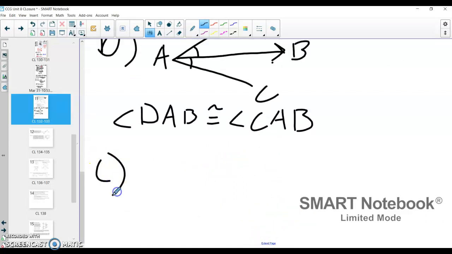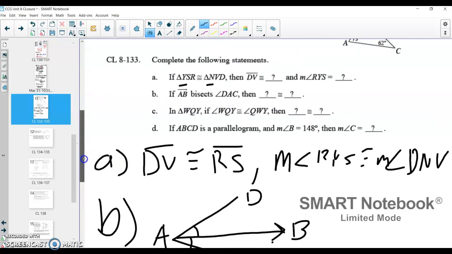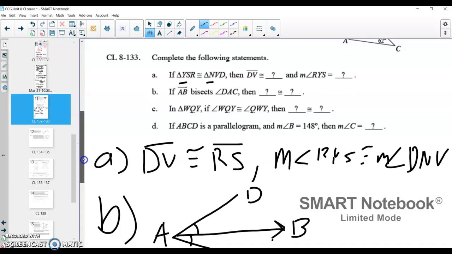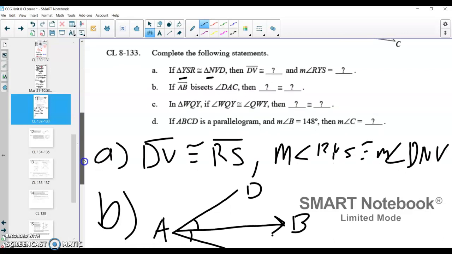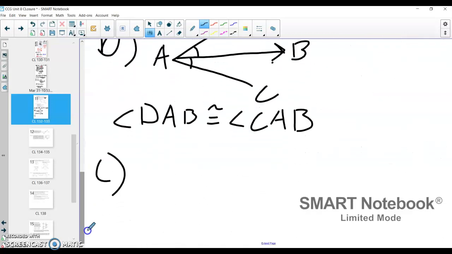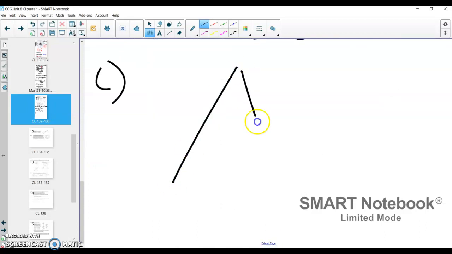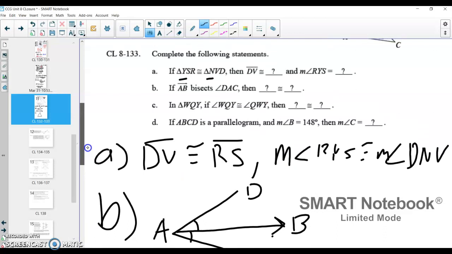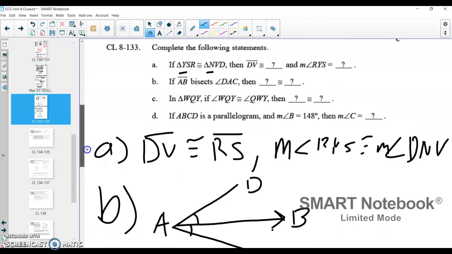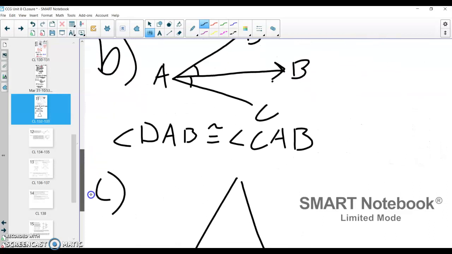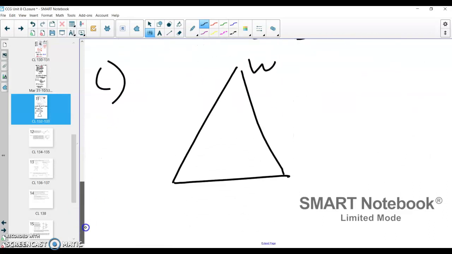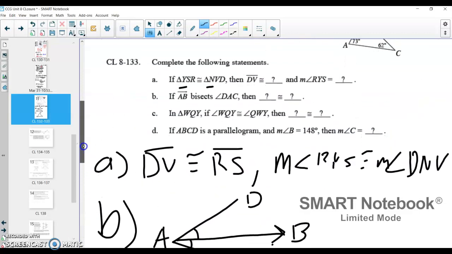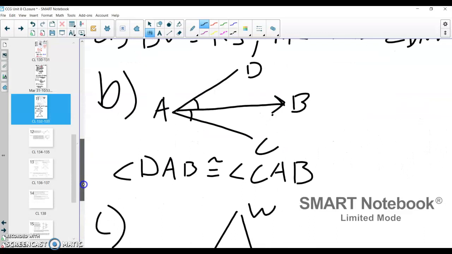Okay, in part C, it's saying we have triangle WQY, that the angle WQY is equal to the angle QWY. So let's draw that one out too. We have a triangle here. I gotta label this right. Maybe we'll do W, Q, and Y. Okay, so WQY,